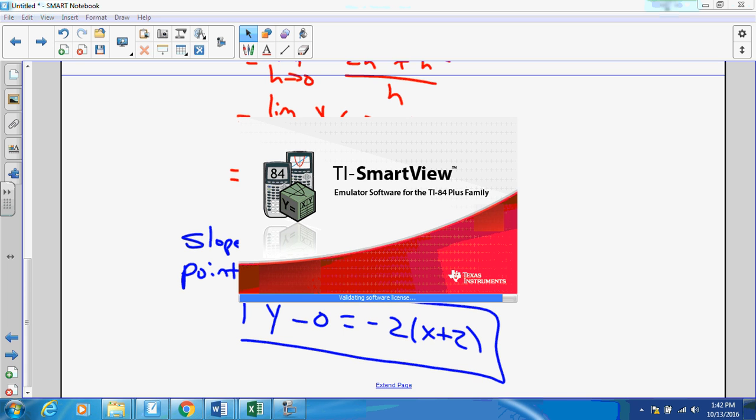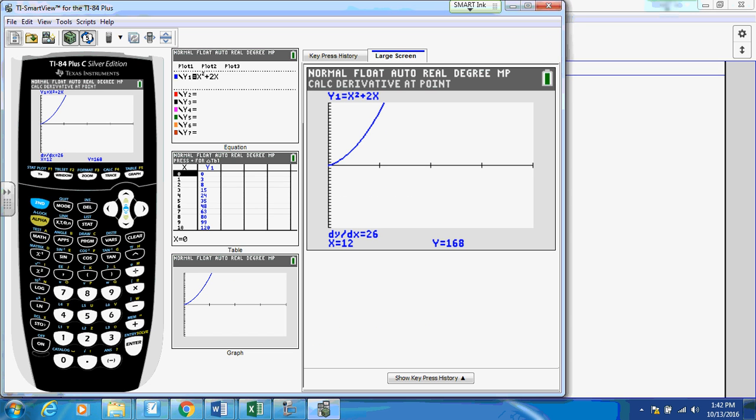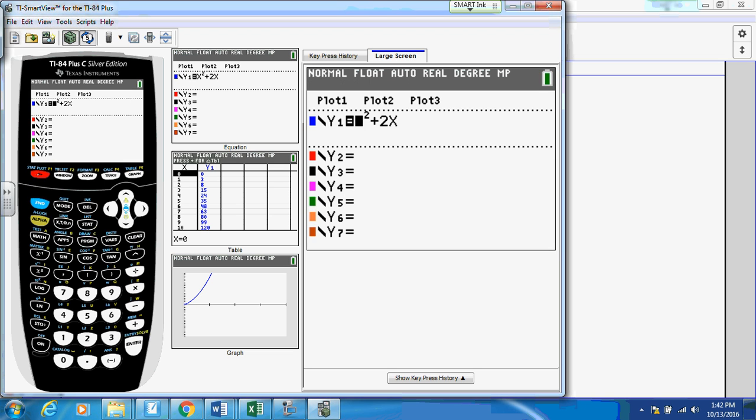And how long should the line or tangent be? No, it should just be clear that it's a tangent line. Okay. We understand that it extends to infinity in both directions. Yep. And now if I set y equal to x squared plus 2x, what I would love to do